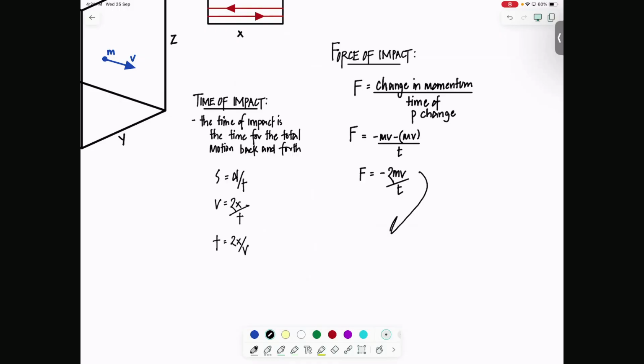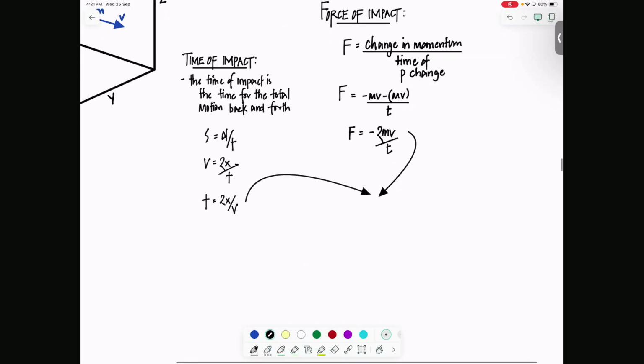So we take this equation and we take that equation and we combine here to get an equation for force based on all the quantities we have found so far. So F is going to be equal to minus 2mv divided by t, which is 2x by v, which is going to be 2mv square by 2x, the 2 goes away. So what do you have here? Yes, mv square by x. Minus আমরা ignore করব because minus is subjective. It's just কোন দিকে force হচ্ছে ওইটা বোঝাতে।